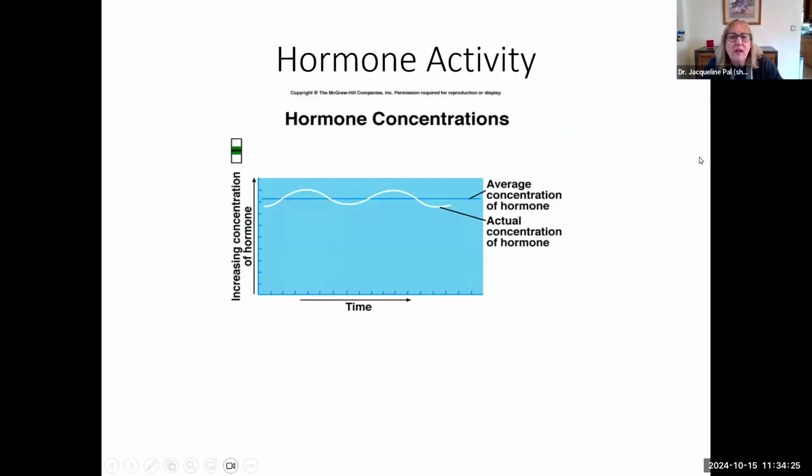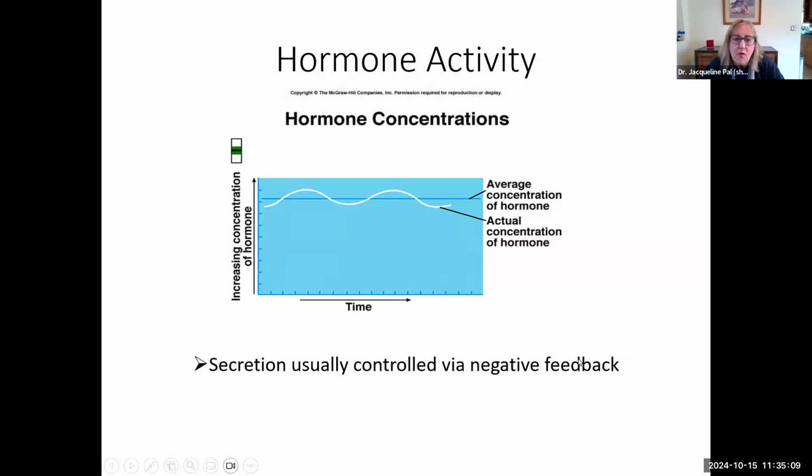All right. So when we look at hormones, realize their levels fluctuate and that we have this average concentration, and we can call it our set point, okay? We're going to kick out hormones until we reach our set point. And once we hit that set point, we're going to quit making that hormone. Because we made it, we're going to release it so the hormone levels will get a little bit higher, but we're not making any more. And then the hormone levels are going to start going down. Once they're below the set point, we're going to start making some more, but realize the hormone levels are still going to be going down while we're starting to make some more. And then the hormone levels are going to start going back up.